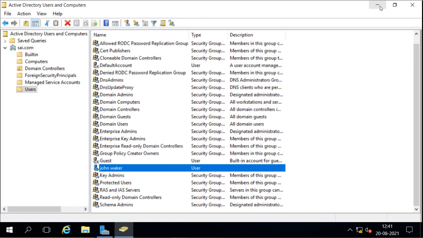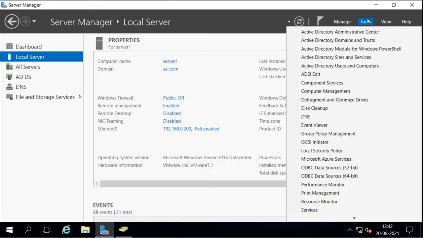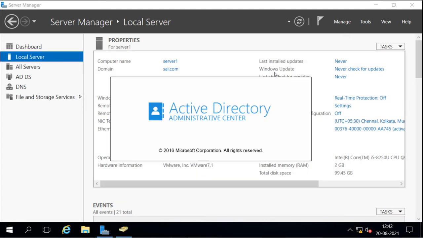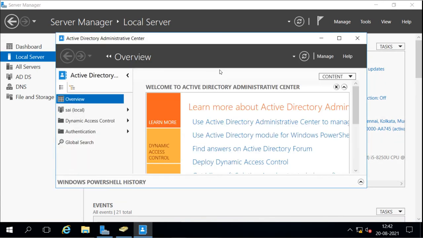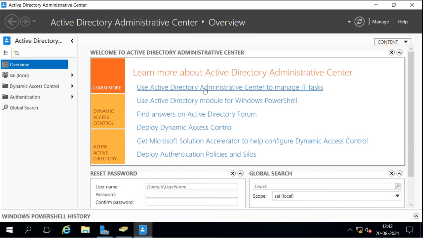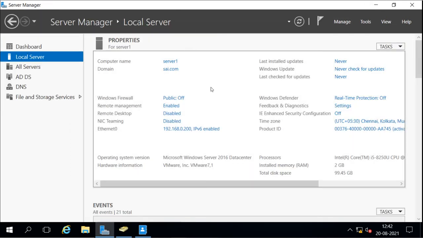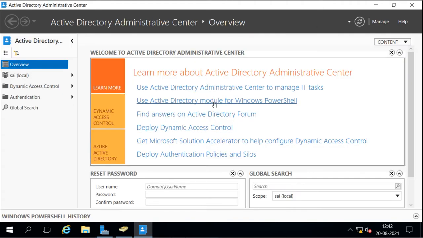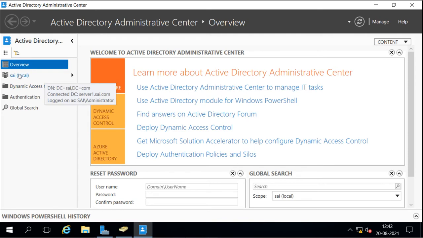The other way of creating the account is the Active Directory Administrative Center. This is the new tool, this is the new console we have. It is after 2012 that we have this console, and when you open this Administrative Center, it looks like the Server Manager. So if you see this, it looks like the Server Manager itself, like this. This is our Server Manager and this is our Administrative Center. It looks the same as Server Manager, and because it is a new tool, prior to 2012 it is not available. In Server 2008 also it is not available.